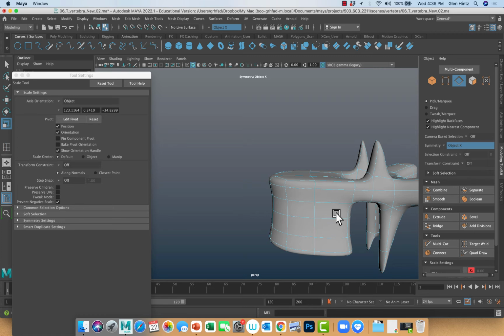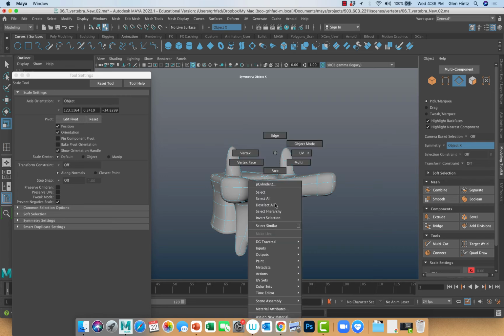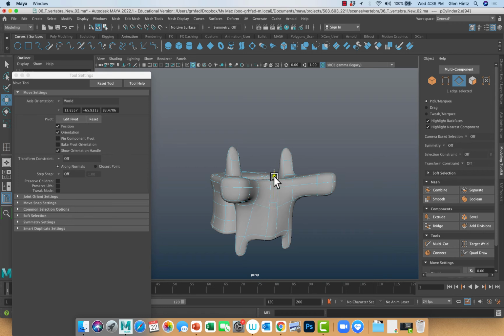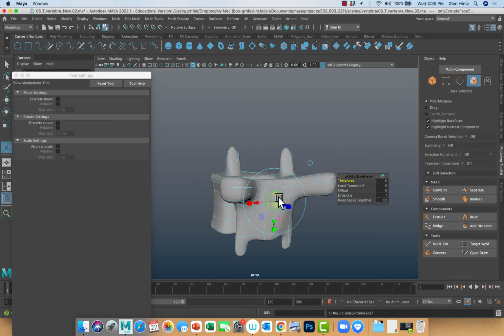Okay, so that's pretty close. I mean, that should give you a good start. Oh, the spinous process, I'm sorry, I forgot. At this point I don't need the symmetry, so I turn it off. Grab this edge, move it down, maybe take these two edges, and since I have symmetry off, I can scale them apart. Otherwise, with symmetry on, I would just move one to the side. Then I can take that face and Command E, extrude it,